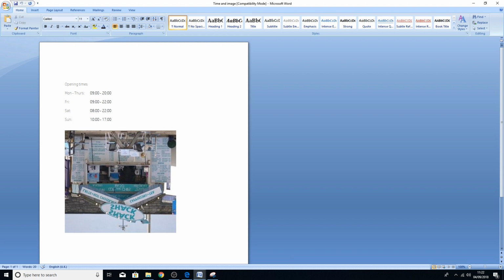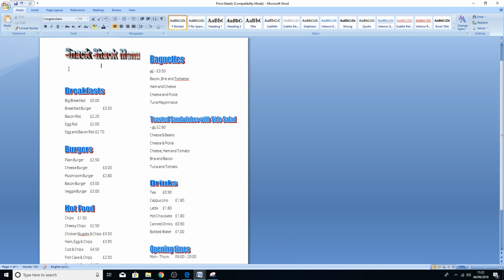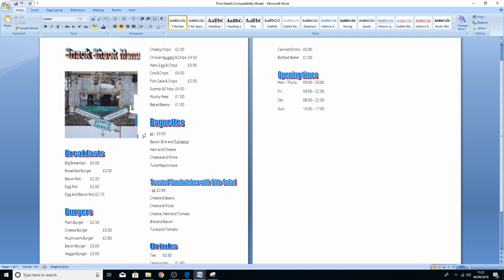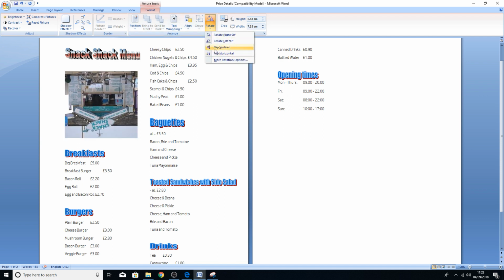So here's the image. So just copy that again by right clicking and then going into here, right click again and paste. Let's put the image in there. So there is a bit of tidying up we need to do. Okay, so click onto there, and as you'll see at the top there's format tools, or picture tools, and then format, and you'll see there's rotate there. So if you click on rotate, you can flip it if you wanted to,